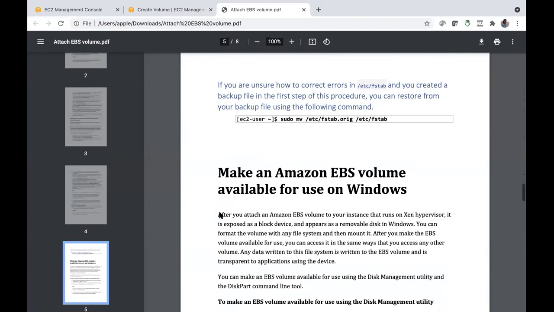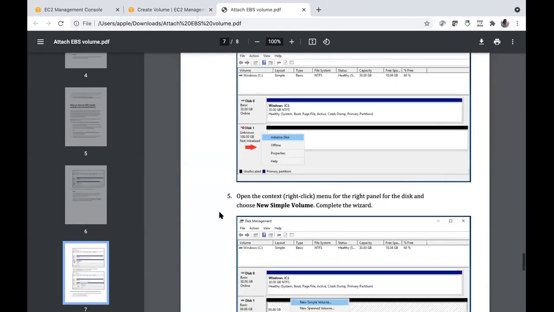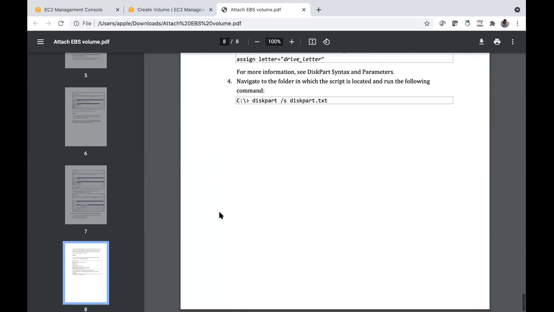It has details on how to mount EBS volume both on Linux and Windows.